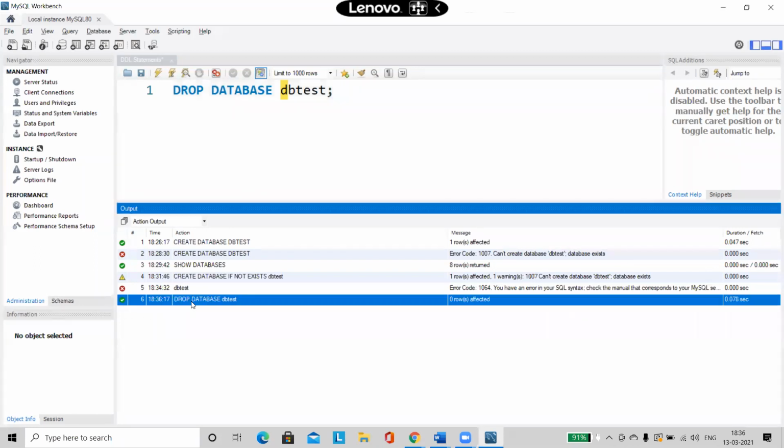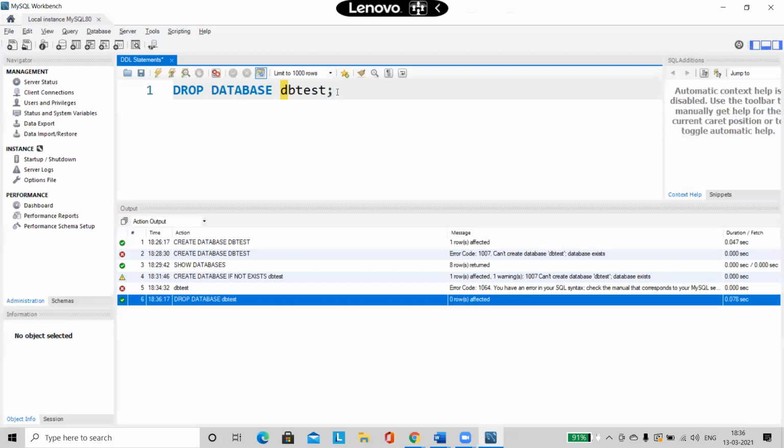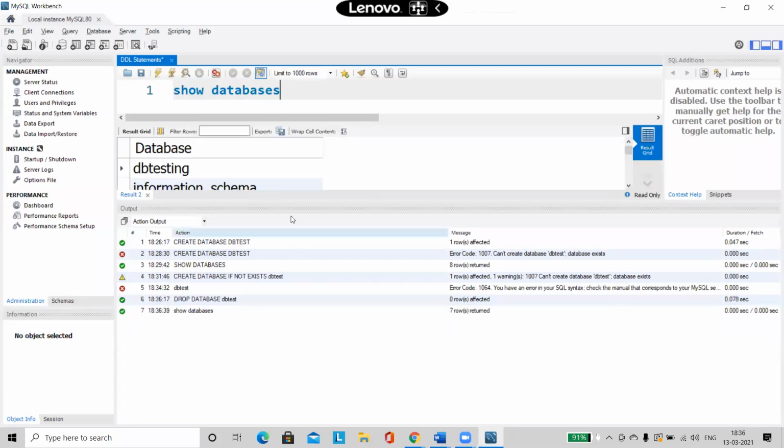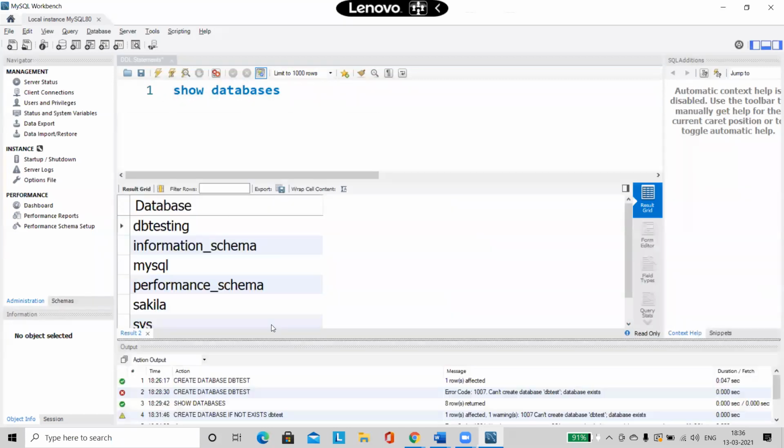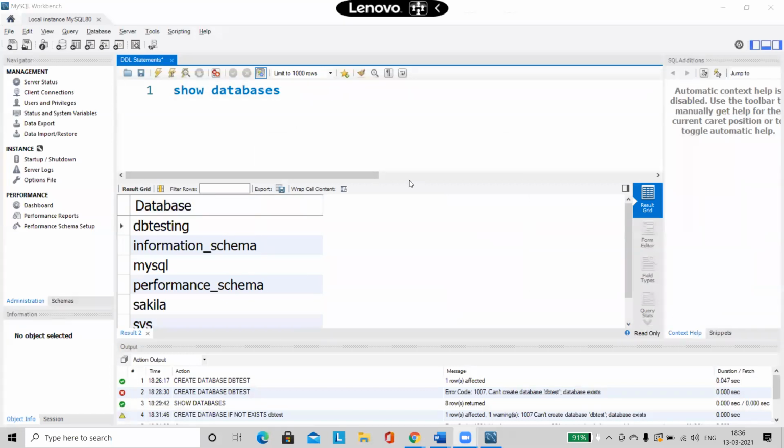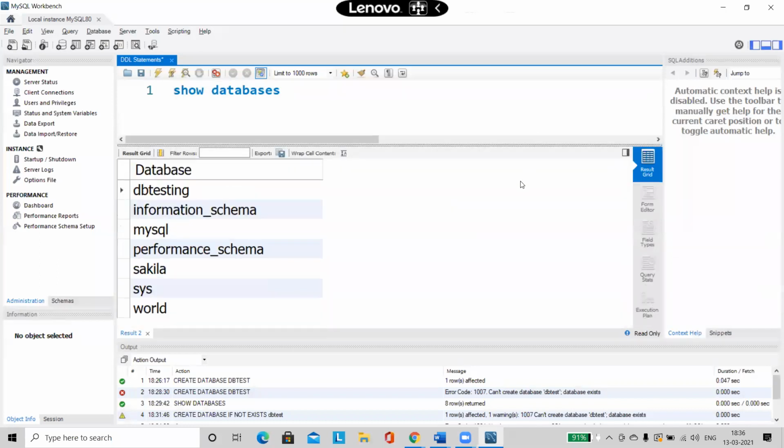See, now the drop statement is done and it is saying one row is affected. Now, when I try to do it again, let me say show databases and let me run this. See in this, now the DB test, what we created, is not there.